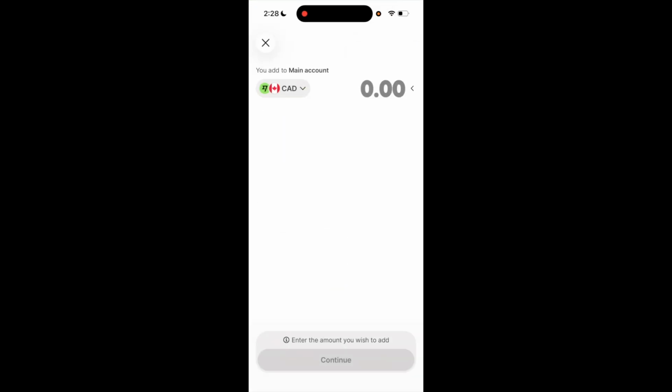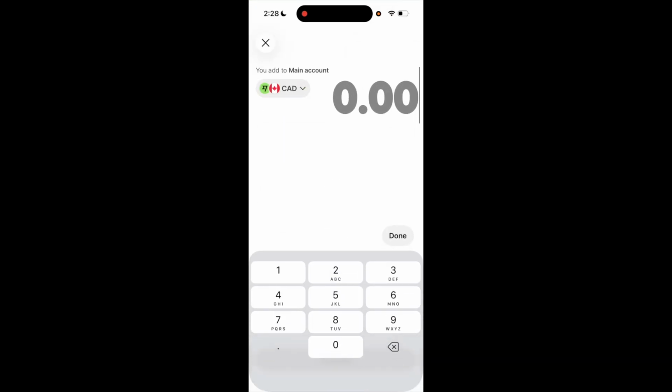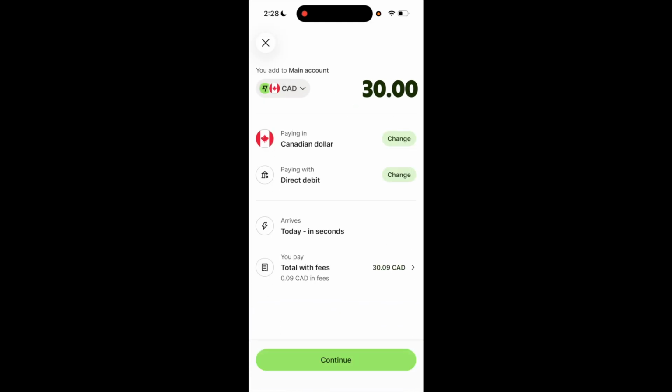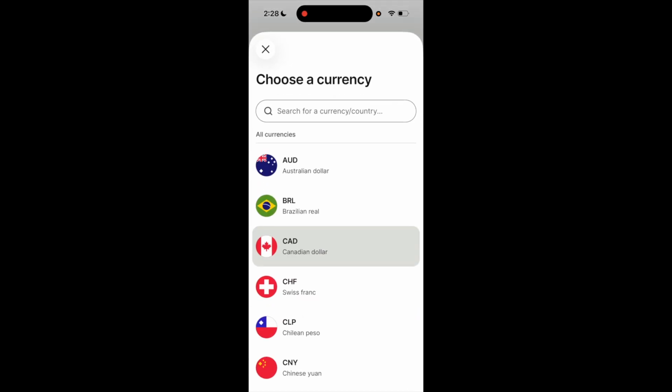Then on this page right here, you can then type in how much money you want to add to your account. So if you wanted to do $30, you would type in 30, then press on done. Once that is done, you can change the currency. So in my case, this is 30 Canadian dollars, but if you wanted to change that, just press change and